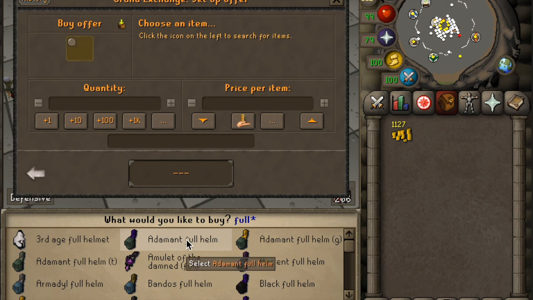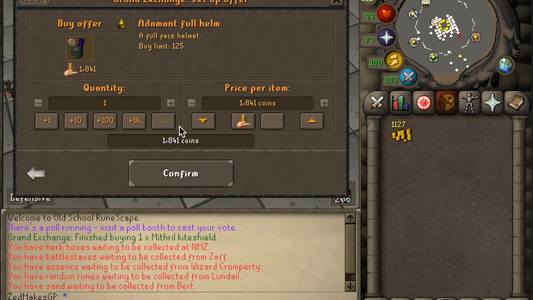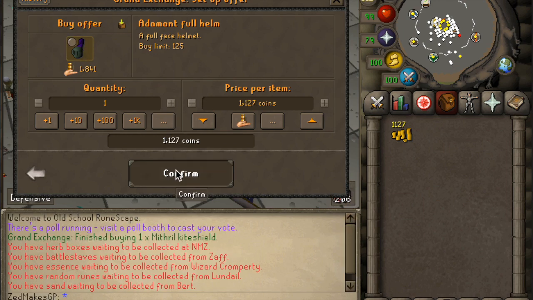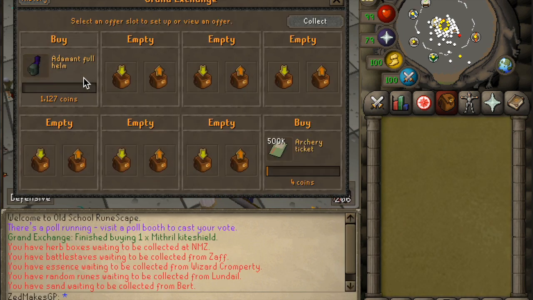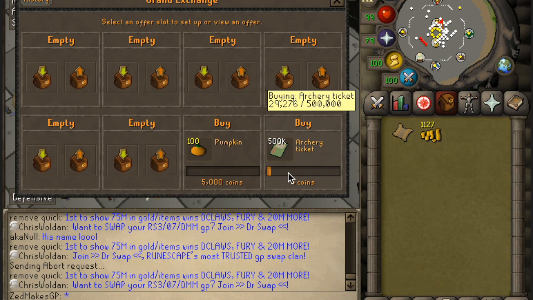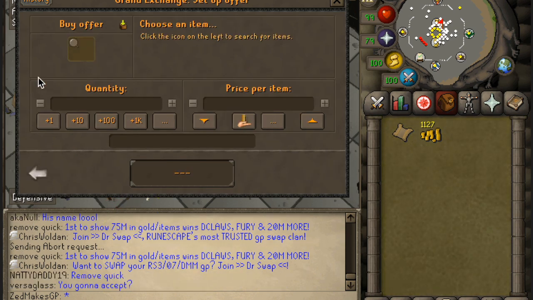The full helm. And we'll put it in. It seems like a fairly good jump, about 700 GP. So put it in for 1,127, and we'll see if it buys in a little bit. Okay guys, the adamant helm was not buying. I left it in there for quite a while, so I'm gonna take it out and I'm actually gonna buy